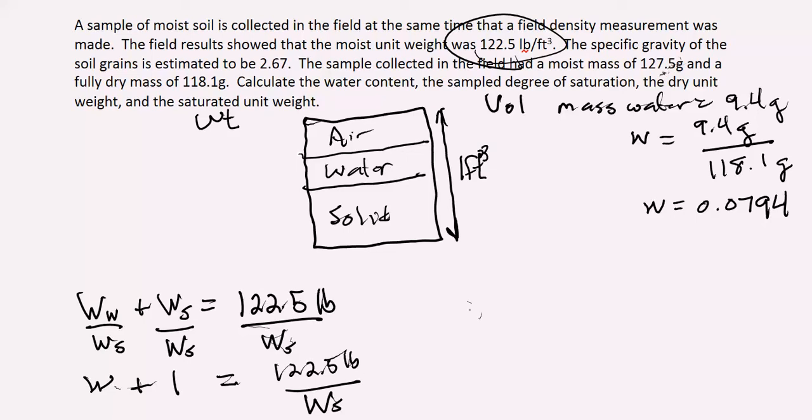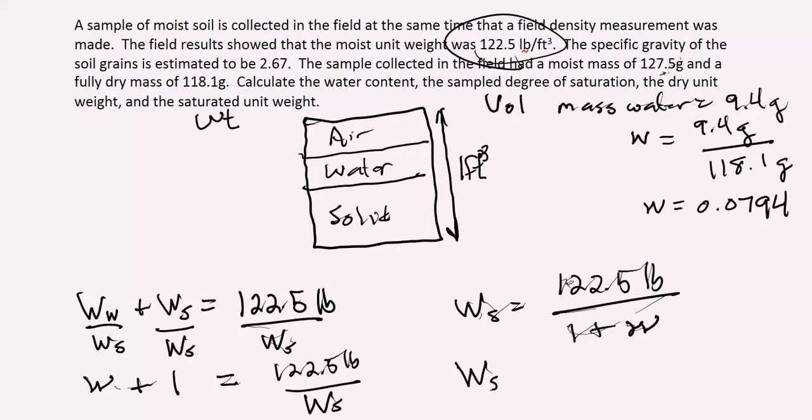So we can get the weight of the solid as 122.5 pounds divided by 1 plus the water content. So that gives us a weight of solid equal to